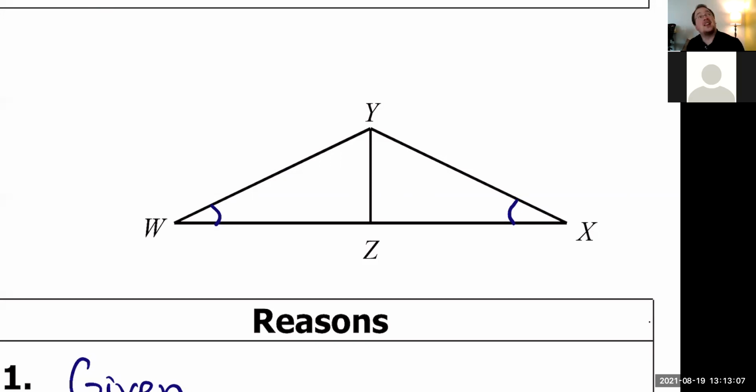And I'm gonna highlight it up here on my screen, which apparently there's a delay on. Segment YZ bisects angle WYX. So it's this really big angle here at the top. And what does bisect mean? Cuts it in half, which means these two little angles up here